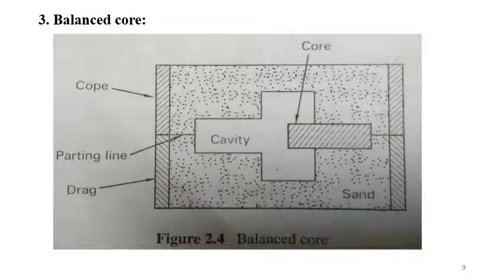So that's why it is called a vertical core. Next is the balanced core, the third one. This is exactly the center line, the parting line. The cope and drag joining at this center line is called the parting line of the mold box. In this parting line, 50% of the area will be in the drag box and the remaining 50% will be in the cope box. In between, the core is provided. It is balanced: 50% of the core is in the cope box and 50% of the core is in the drag box. So it is called the balanced core type. All concepts are the same: drag box and cavity, and wherever required, the core will be located.